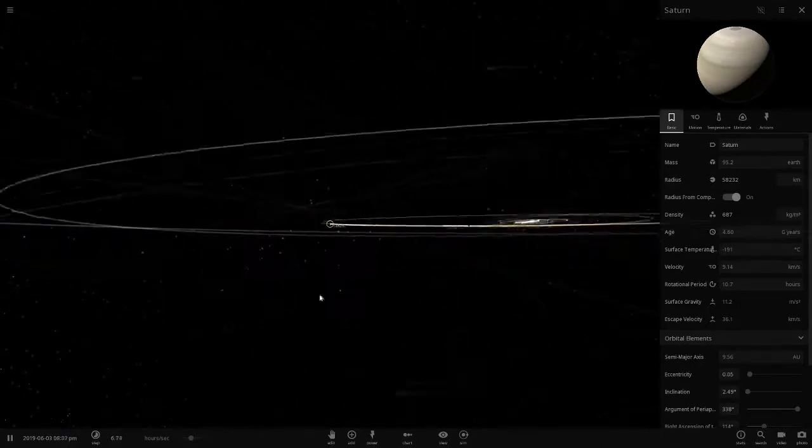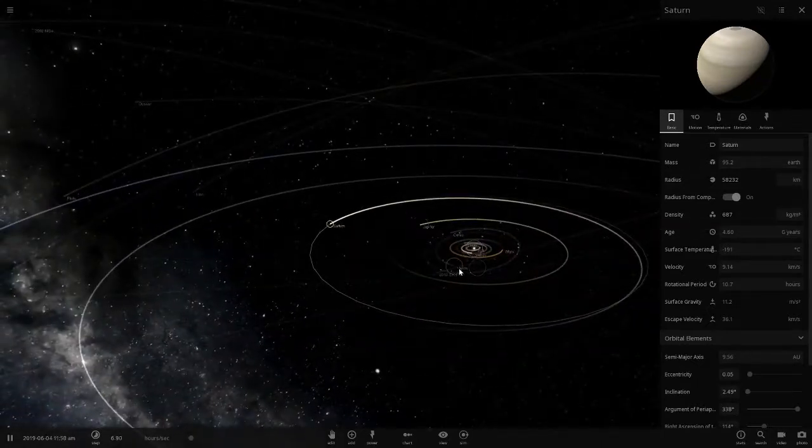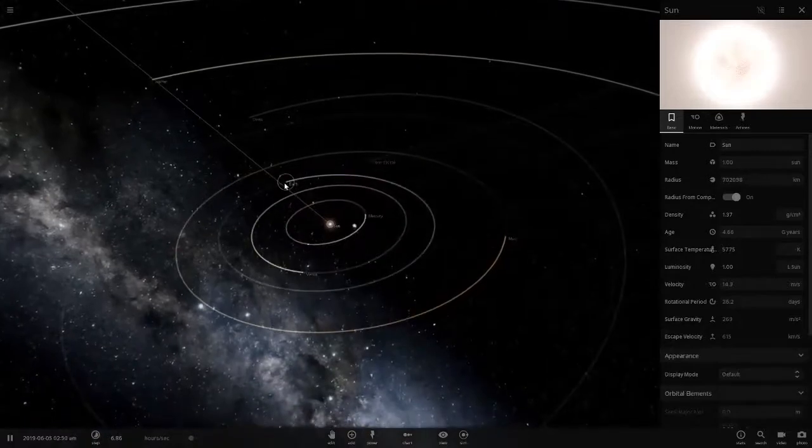Can you call it a series? I don't know. So far we've done making the moon larger than Earth. We made